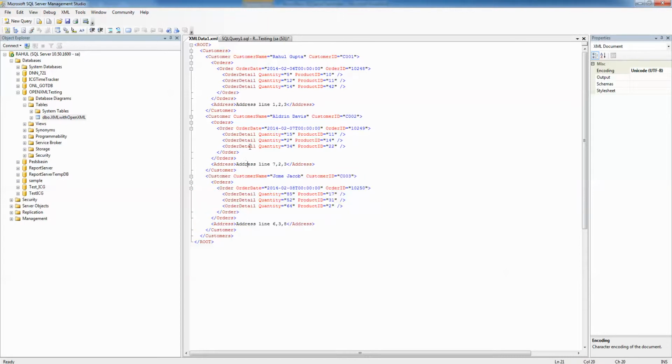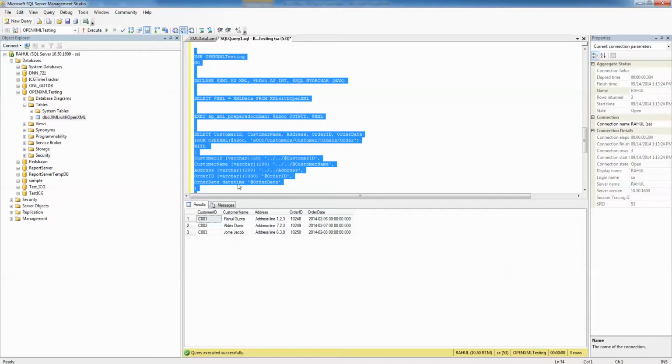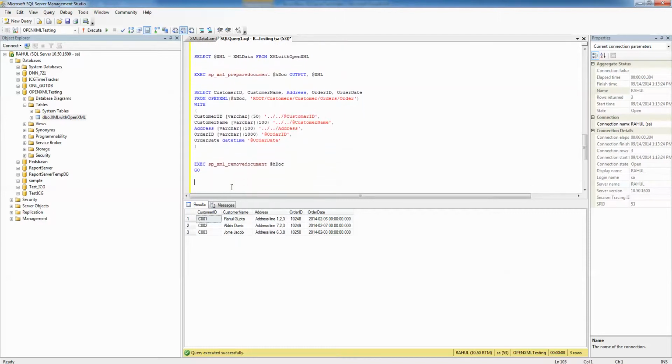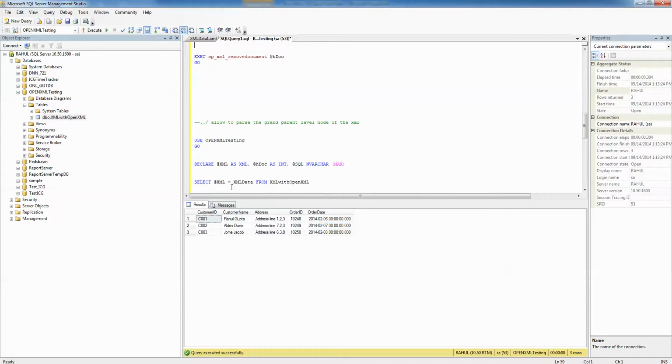Now what I need is to navigate one more deeper level, and fetch the corresponding quantity and the product ID as well for all of the customers, basically all of the information from the XML files. So, as we have already discussed, we can use the // symbol to parse the grand level parent node of the XML.